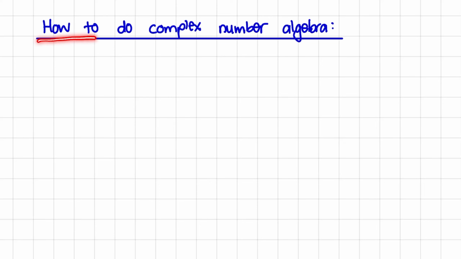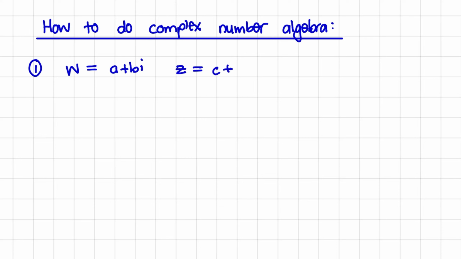In this video tutorial, we'll focus on how to do complex number algebra. So our focus would be on basic calculations of adding, subtracting, multiplying, and dividing complex numbers with each other. So let us say W represents a complex number of A plus Bi, and Z represents a complex number of